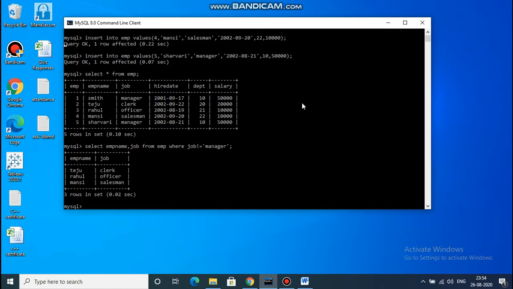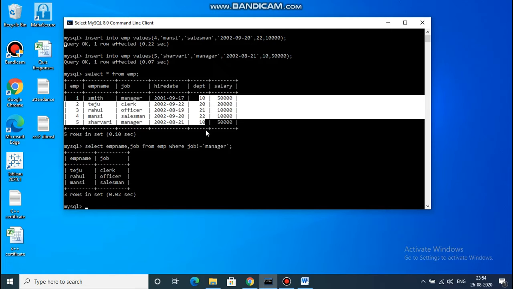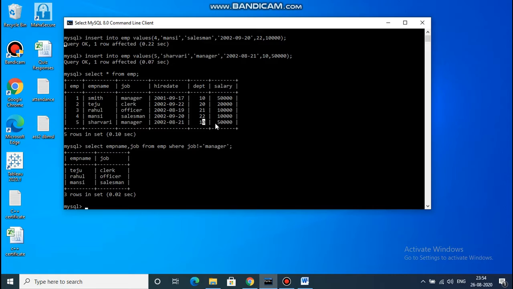Now the second DML query is to display the name and department number of employees whose department number is 10. The department number is mentioned in our table. You can see here department numbers 10, 20, 21, 22 and again 10.